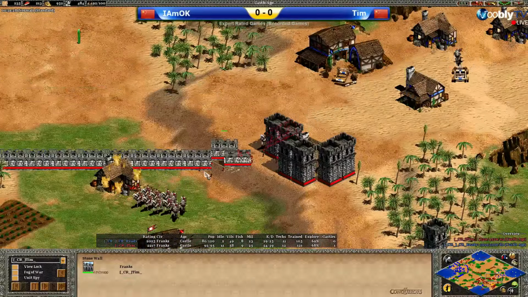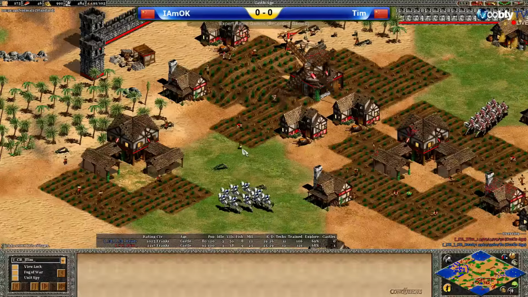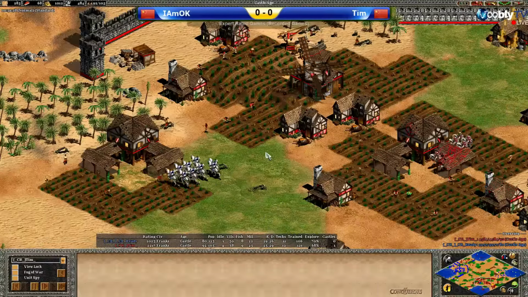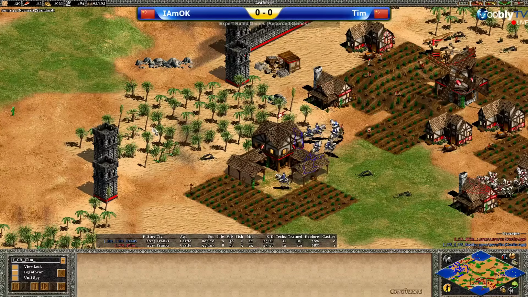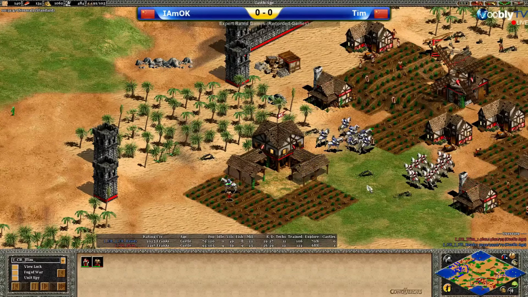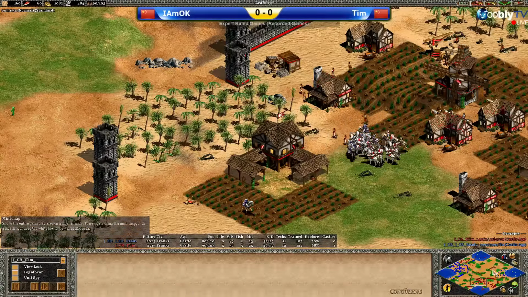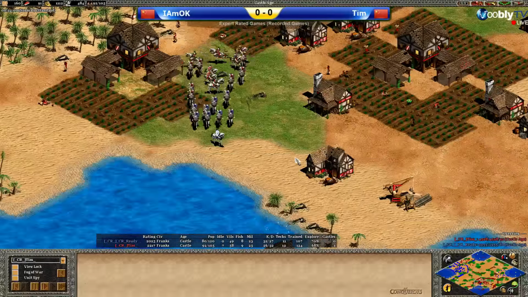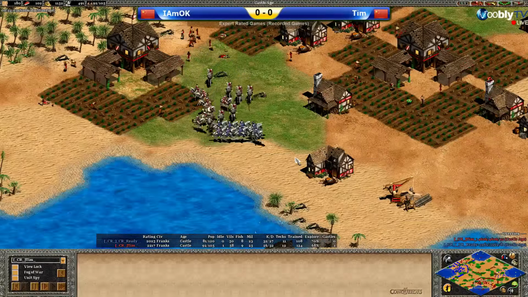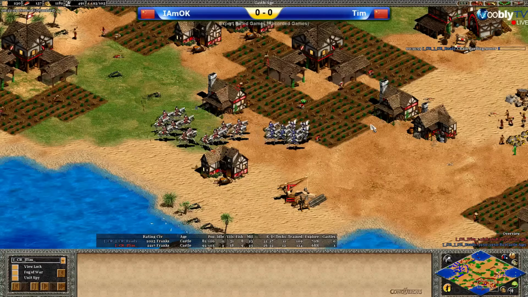The siege, obviously easy prey to all of those, and now I fear for IAmOK's army, because it's going to get trapped in here by a larger number of Tim's knights, and also come under fire from all the TCs, if the TC is actually garrisoned, which it is now. And this, depending on the losses that IAmOK takes at this point, it feels like this is a kind of